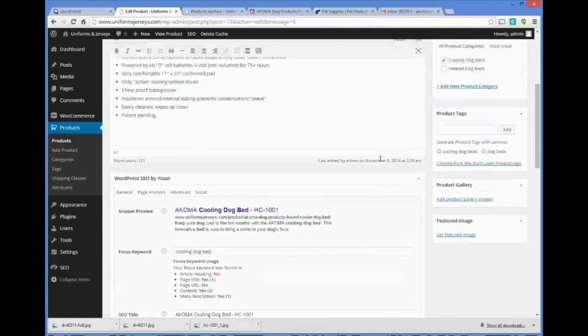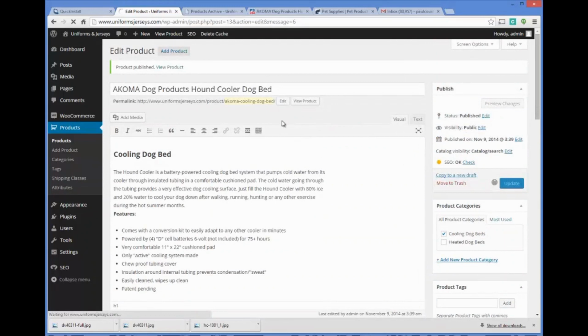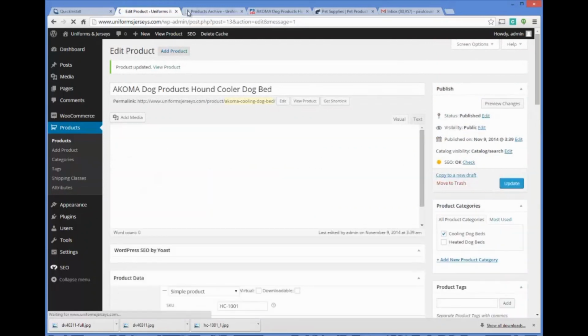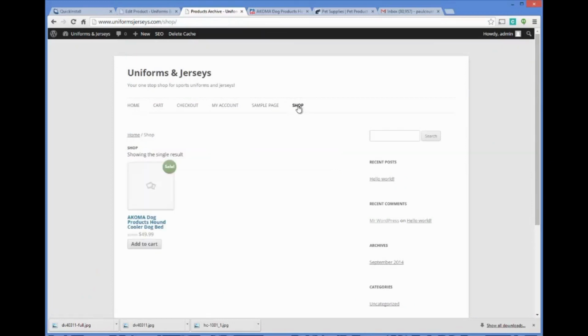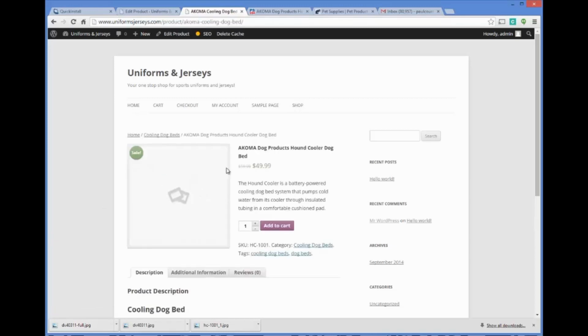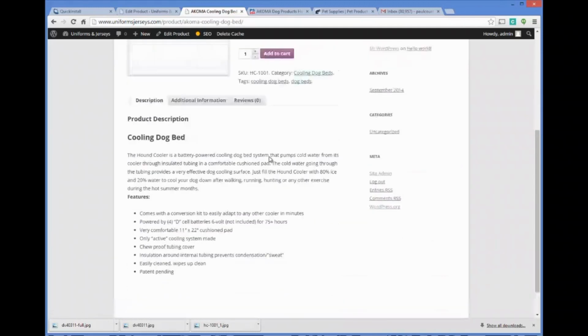Notice that they tell us up here that the SEO is okay to go as well. That's another powerful feature of Yoast. And so now, if we came over to our website here, and I clicked on the shop feature, we would have our product showing up here on the website. So the last thing I need to do to really clean this up is